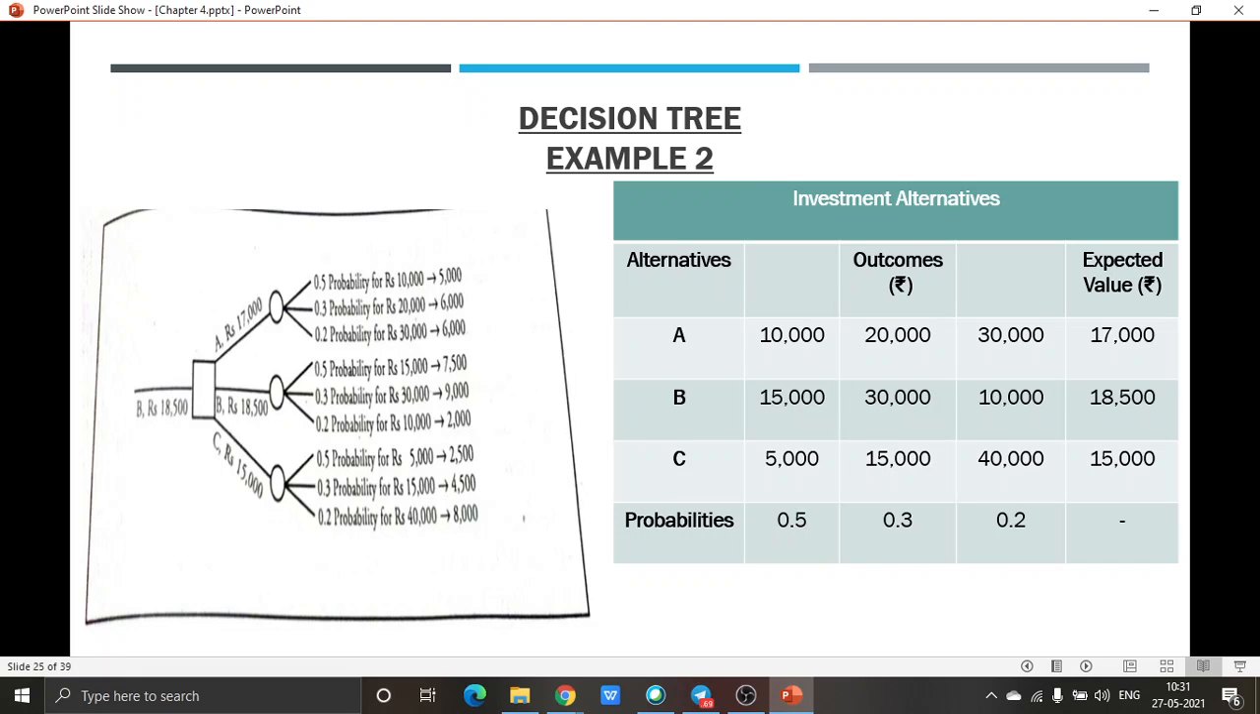Now in this particular case that we have taken, in order to get the expected value from the investment in A, we'll have to use simple mathematics where we can put, if it is 10,000, there are chances that 50% of the outcome is there. So 10,000 into